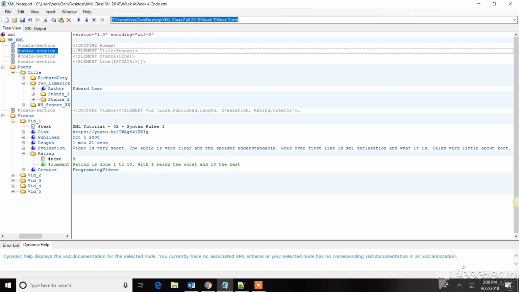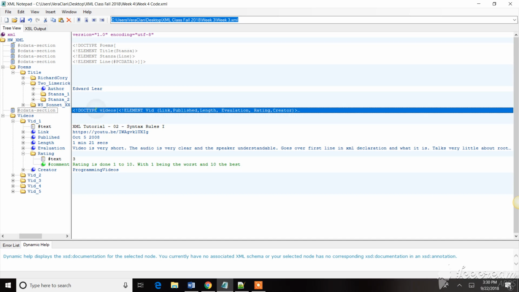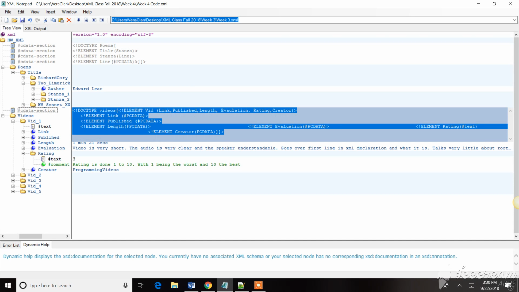There's the doctype, the setup, the element, the stanza. Within that, of course, you have the poems, the title, the author, the stanza, the line, and then the line being the PCDATA. Did the same thing with the videos right before all that published information,